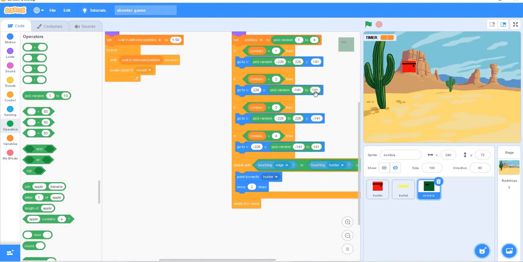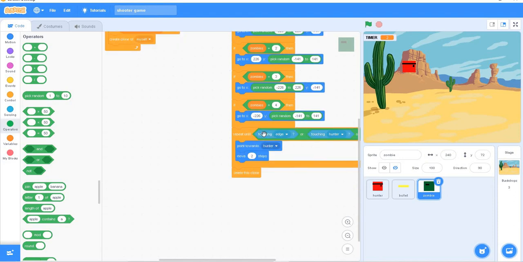After that you have to do this again, zombies 3, go to pick random. Now you have to put pick random in the beginning and set it to minus 2 to 6 and 2 to 6, and in Y you have to take minus 141, and in the last one you have to set it to 4, and in this it will go to the second one, and you have to put go to X minus.